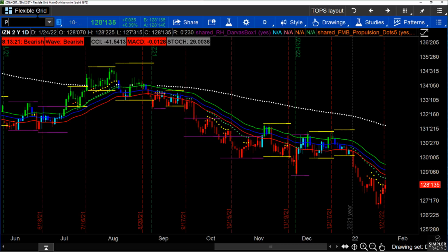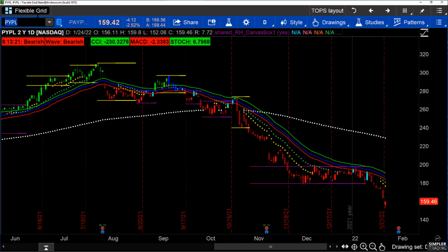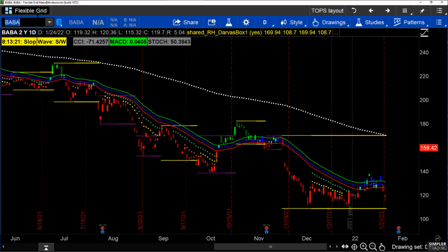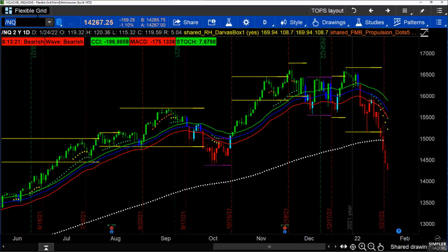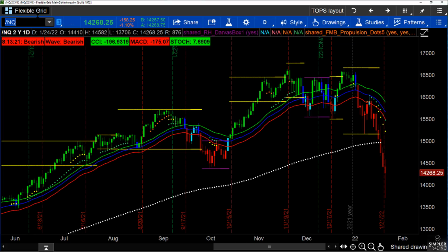We know there's a number of downtrends that have already been in the market, whether that be PayPal. A lot of us have seen that PayPal drop, and everyone knows what Baba's been doing. And there's a number of individual names that have really rolled over and started to print red grab candles, lots of them. Well, it's the broader indices that have been able to ignore those moves and keep going higher until